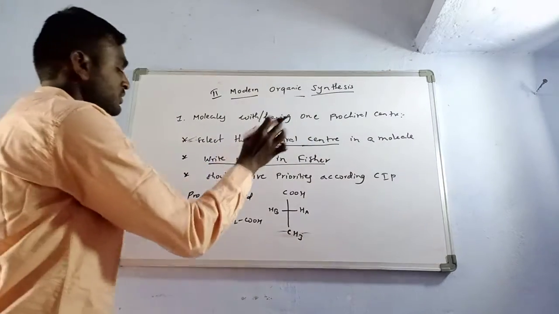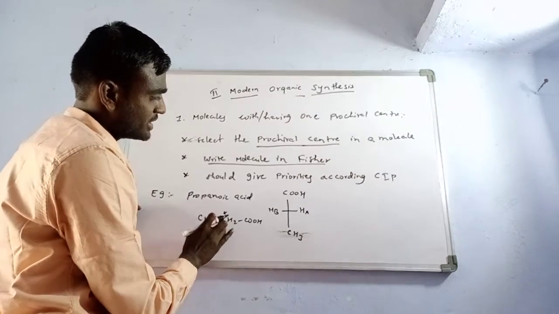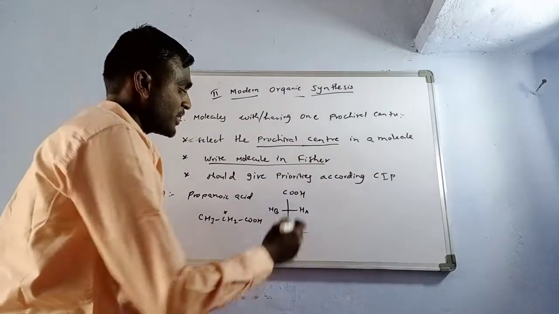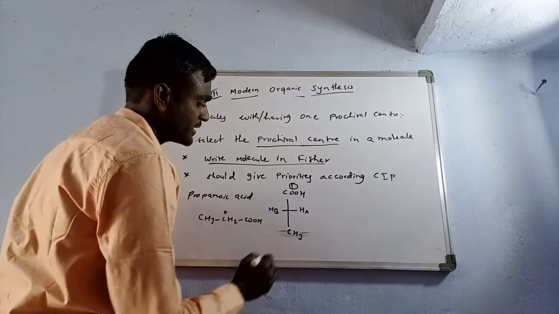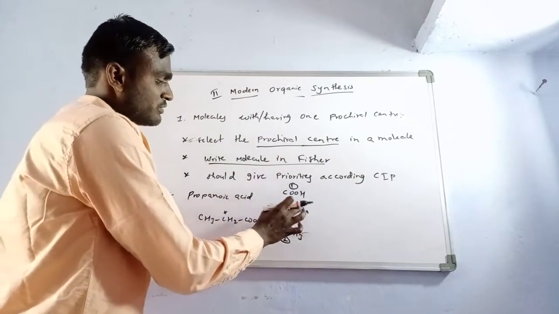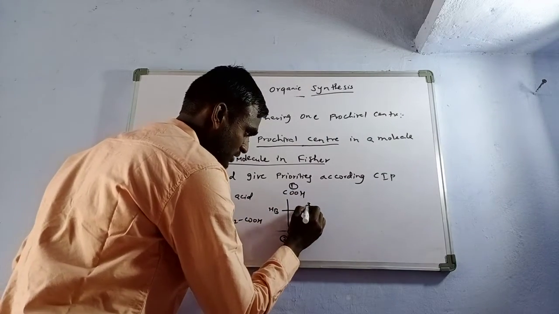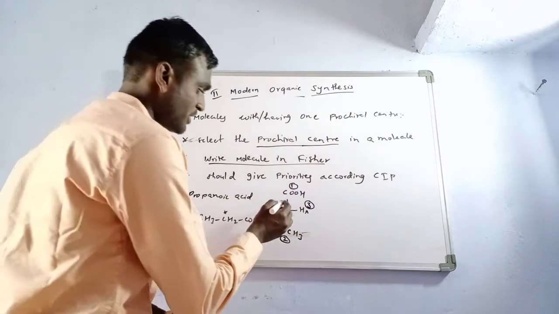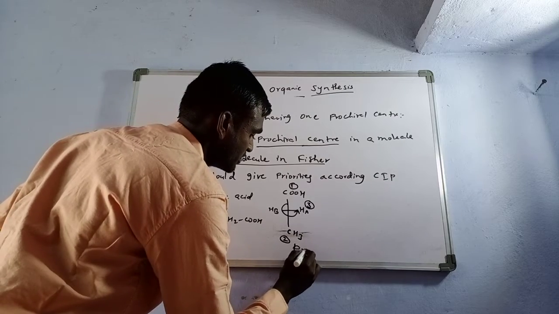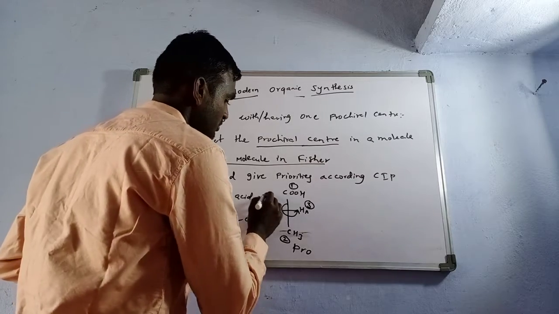First you should identify the pro-chiral center. So this carbon will be the pro-chiral center, and you should give the priorities according to Cahn-Ingold-Prelog priority rules. So first, this is the first priority, and this is the second priority, and after that, if we give the third priority to the A group, then it will be anti-clockwise direction. If it is anti-clockwise direction, with the fourth priority group in horizontal, it will be R.